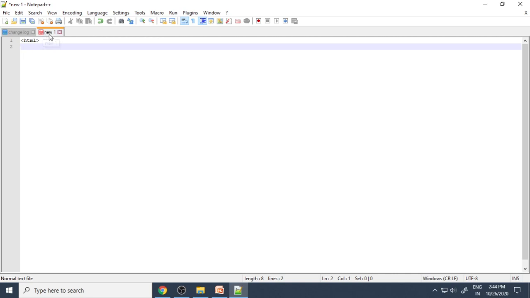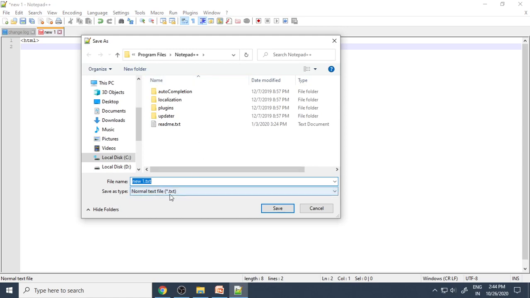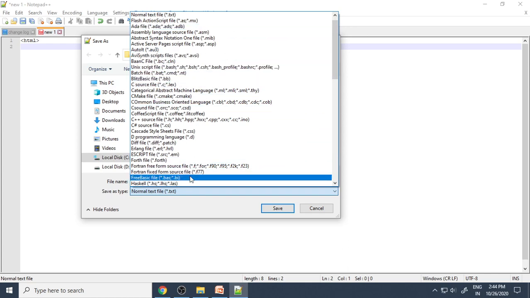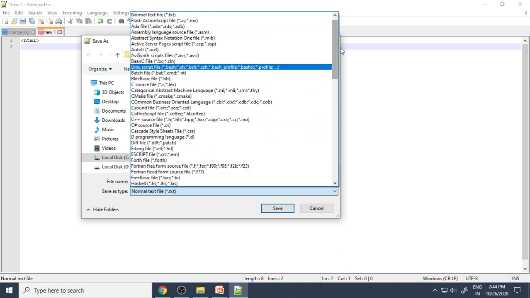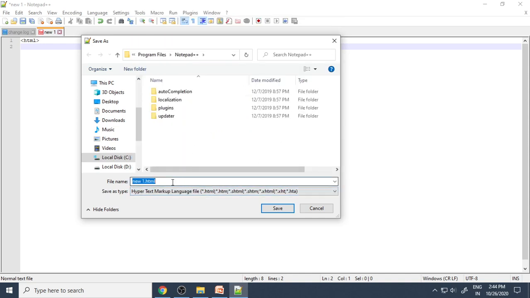Right, so now you can see that we started the file, but we have not saved the file. In order to save the file, go to the File menu, say Save As. Here it is normal text, but we want to save it as HTML. Therefore we need to select the HTML type. You can see that we can create so many types of files, but we are interested in HTML. Therefore you need to select HTML. Now we can give the file name, try01.htm. .htm or .html, both are okay, right? I'm using only .html.